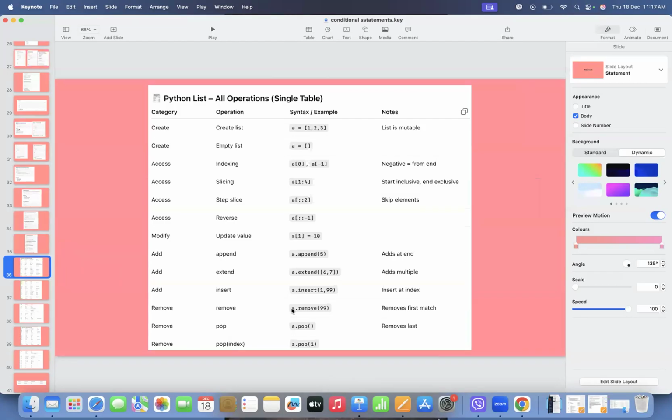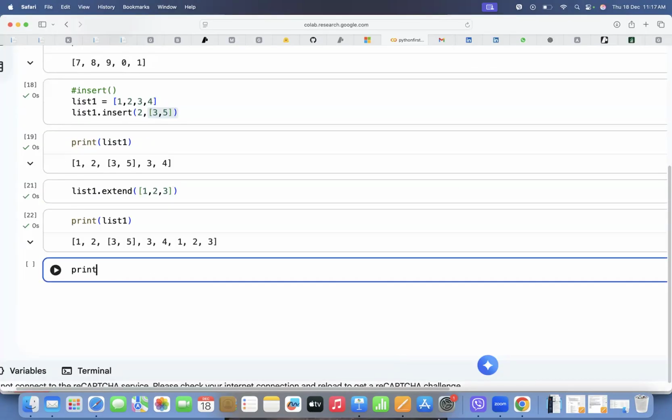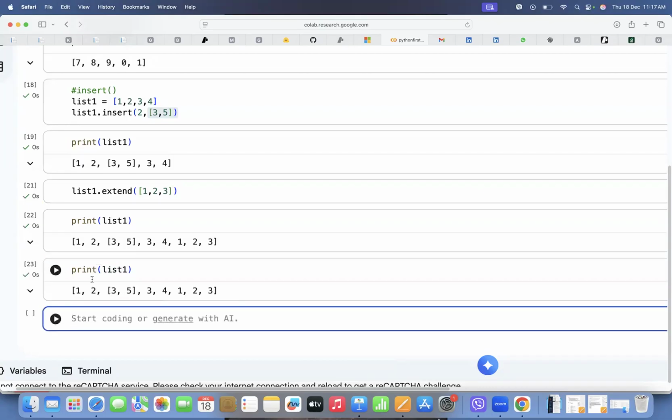Let's see, remove. Okay. So I want to print list one first. If I want to remove anything, I need to know what is inside. Okay, this is my list: 0, 1, 2, 3, 4, 5, 6, 7. Okay. So now I need to remove